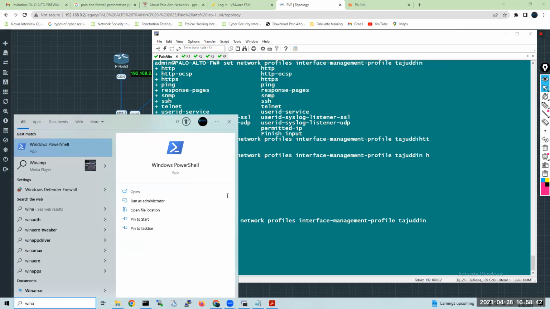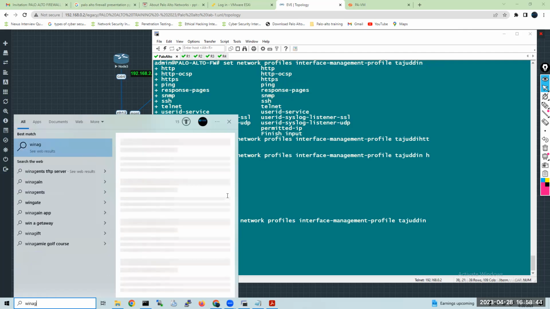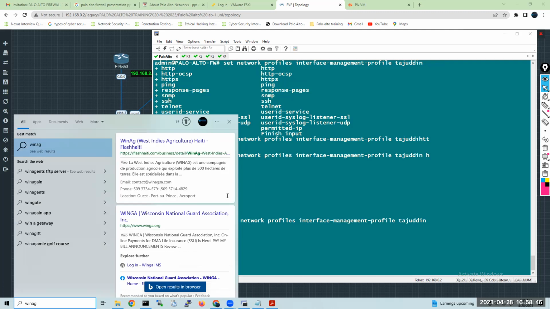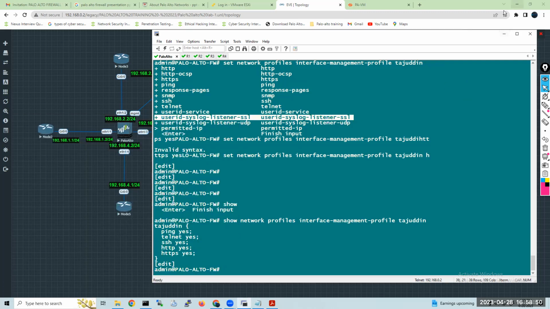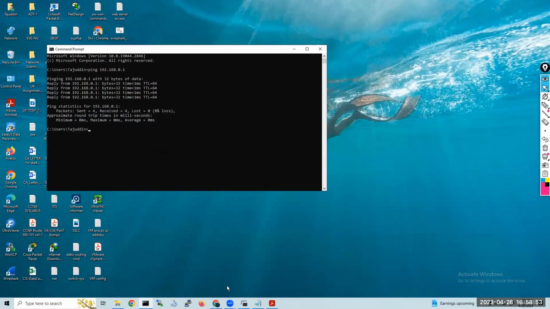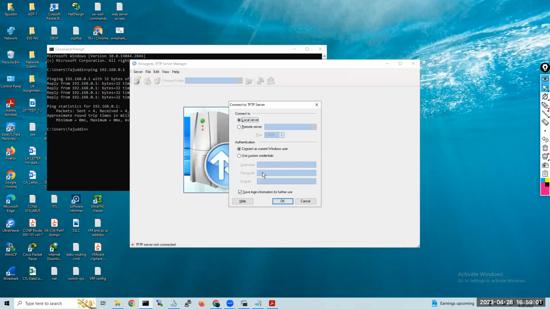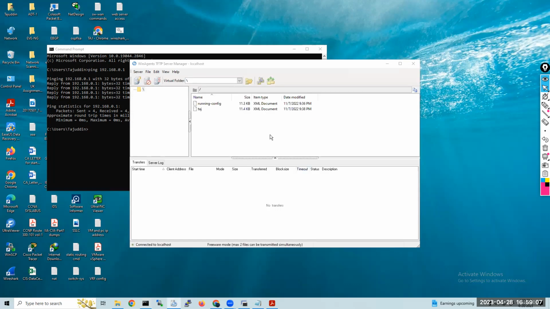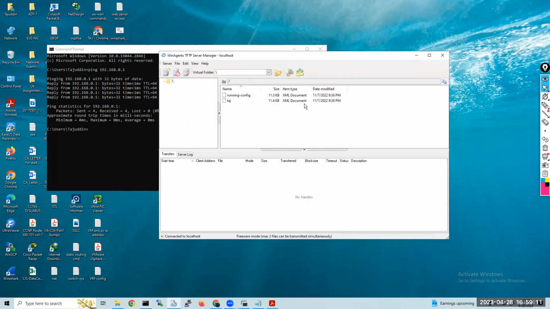I think whether I installed it or not. Let me show you that. It is there already, I installed it. Yeah, guys, so this is the software where I am able to take the backup.